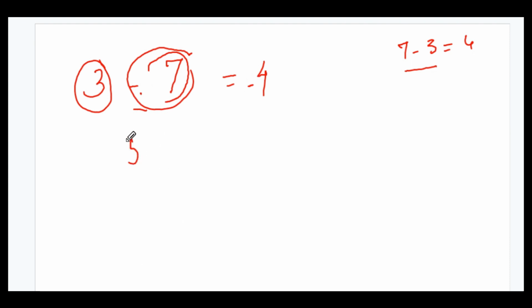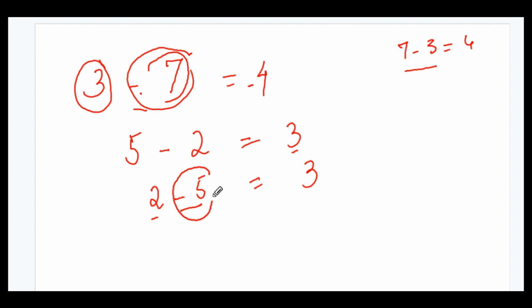Same way, if I have 5 minus 2, your answer is 3, no issue, you know that. But what if I write like this, 2 minus 5? Now what are you doing? You are taking away 5 from 2. The answer is the same, that is 3. But what you have to do is place the sign of the big number, that is minus, in your answer. Okay, so if I change my question like this, I have 5 minus 2 is 3, but if I